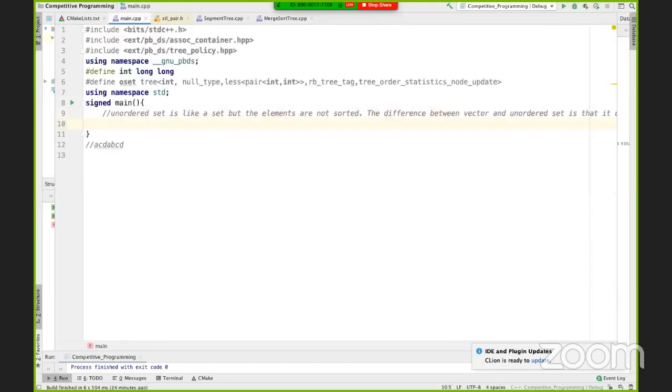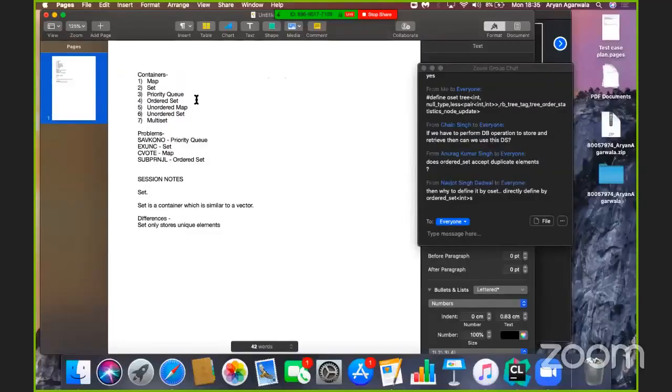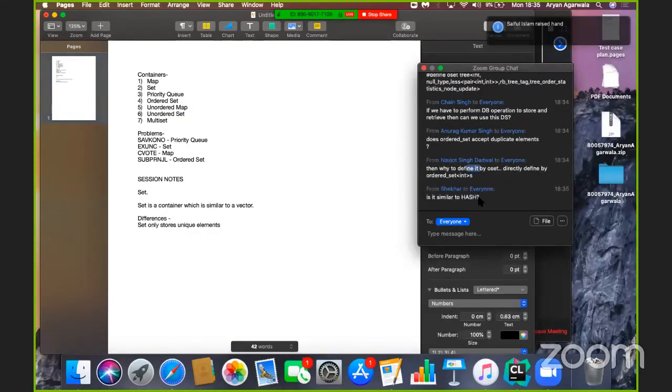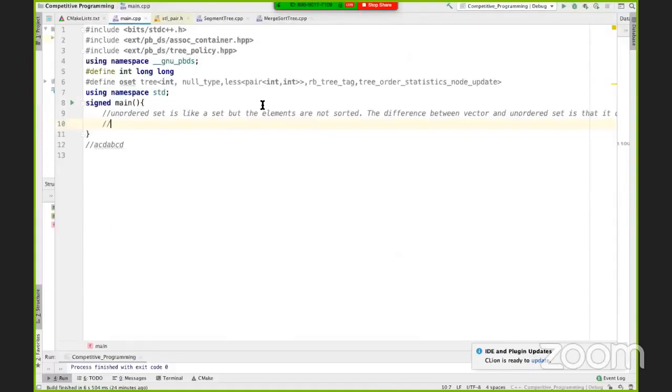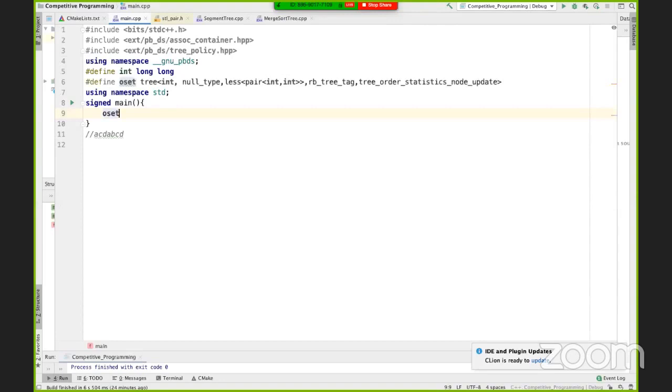Why define it by OSEC, directly define it by... does ordered set accept duplicate elements? Okay, Anurag, good question. Let me go back to ordered set then. So in ordered set, you can't actually store duplicate elements directly, but if you wanted to store duplicate elements, then you would have to